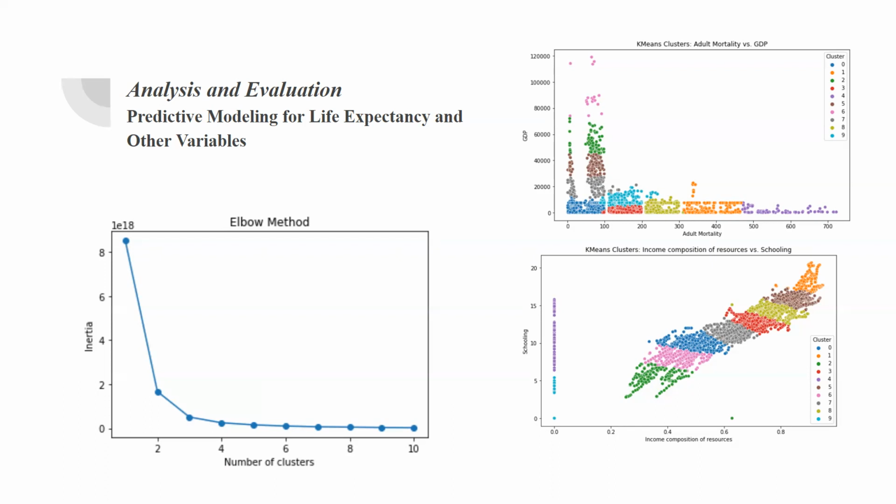we decided 10 clusters will work as opposed to 4 from previously when we map out a lot more data. And we have income. We could see income and schooling, two socioeconomic factors, and how there appears to be a positive correlation. And then we have adult mortality and GDP, which are both socioeconomic, but they're more inversely related to each other, so the correlation is not quite the same. And if we go to the next slide,